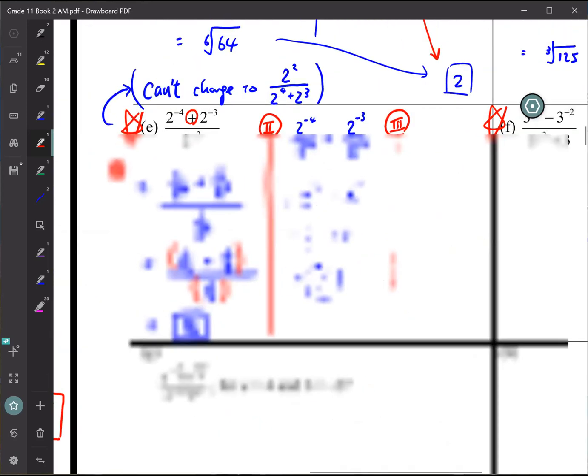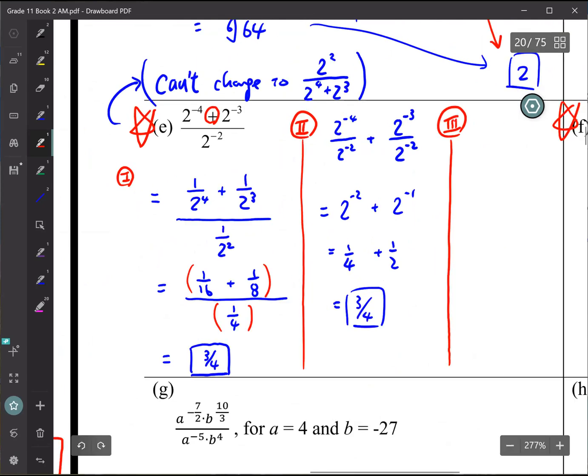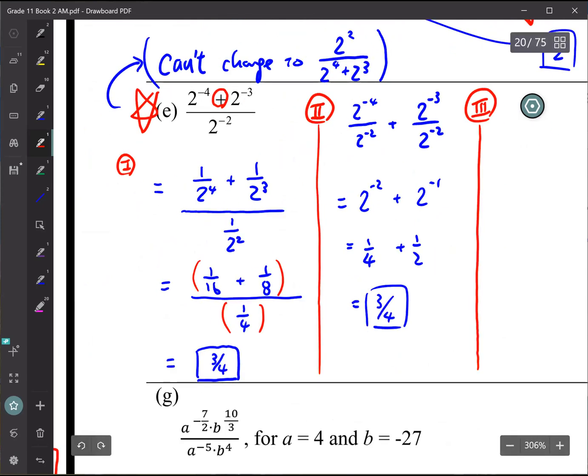Right, we have 2 to the -4 plus 2 to the -3. I'll highlight that. You have to think of it as inside a bracket, so they are attached together by a plus sign. So you cannot just flip them to the other side. You can only flip if the question is like...